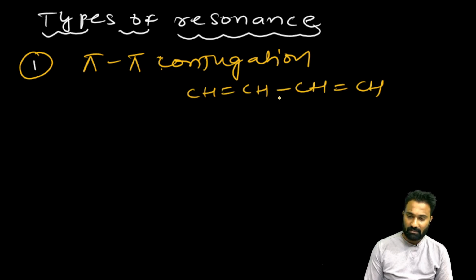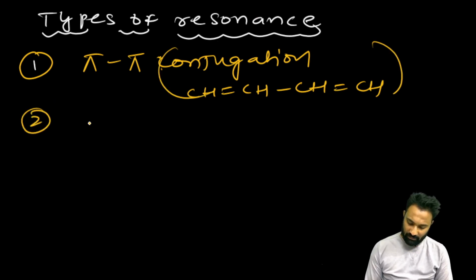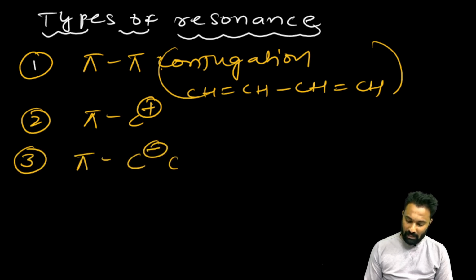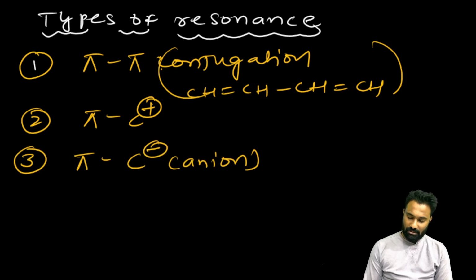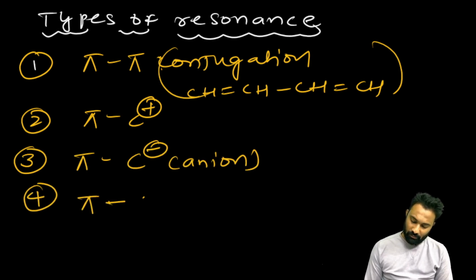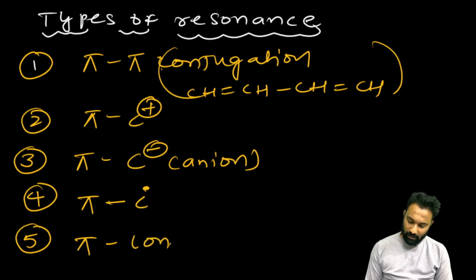Double bond carbon and one single bond, and one double bond and the single bond. That type of contribution we call conjugation, pi conjugation. Clear. Now the second one we have is pi and carbocation conjugation, and the third is pi and carbanion conjugation, clear. And the fourth is pi and free radical conjugation. Now the fifth is pi and lone pair